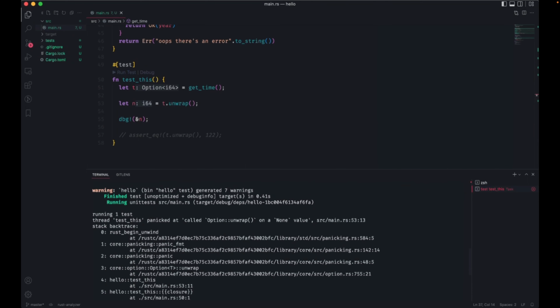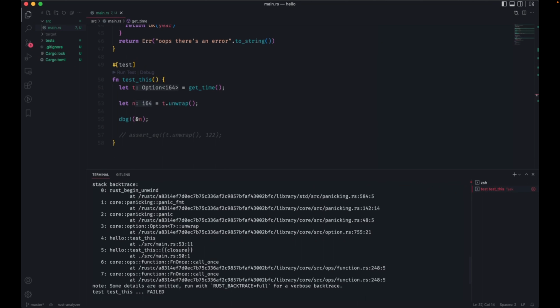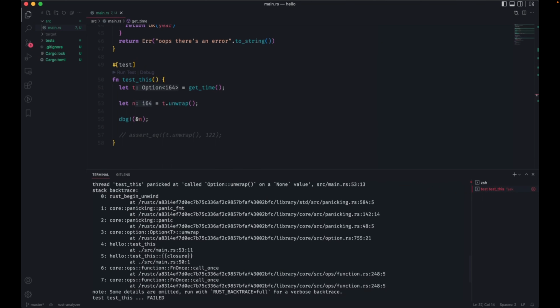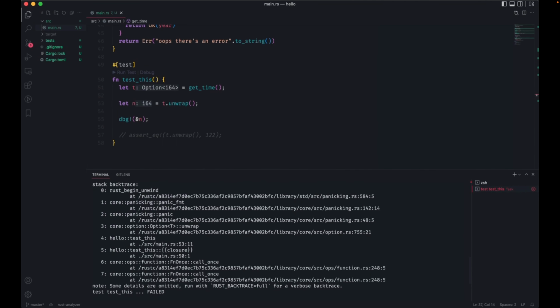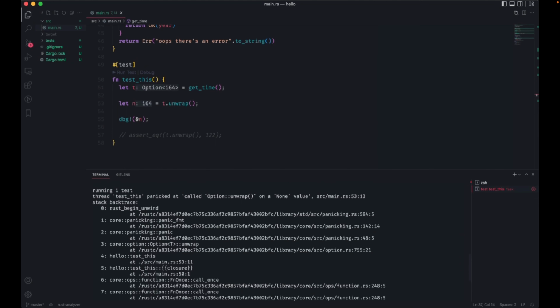Rust is going to protect me and say, well, you're unwrapping something that's not there, so we're just going to panic, and you're going to get this ugly panic code. It's not giving very good information over here. It's just saying I called an unwrap on a None value. I'm not supposed to do that.